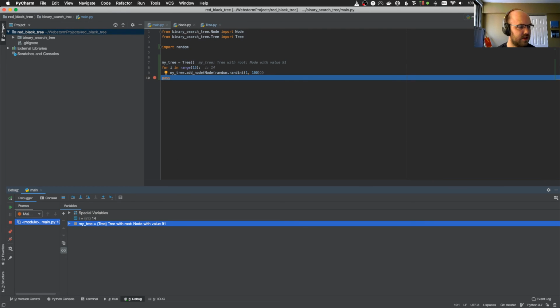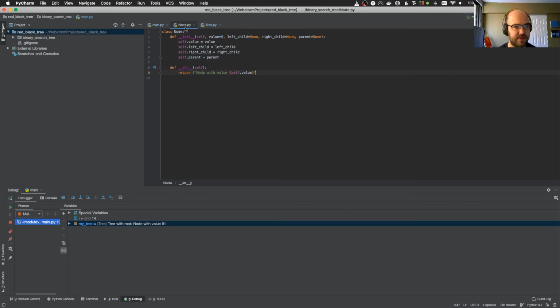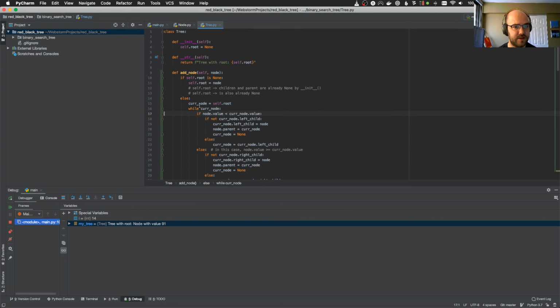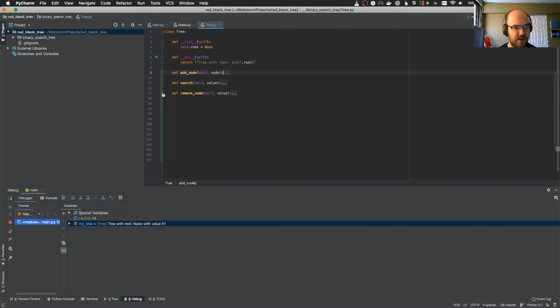Whew. BST in order traversal. I think this one's pretty easy. Yeah, I'm gonna go ahead and write this one. It's a good check that everything's working. I wrote remove node before add node. That's interesting. Maybe I didn't write it before. I don't know what order I added. Okay, I should